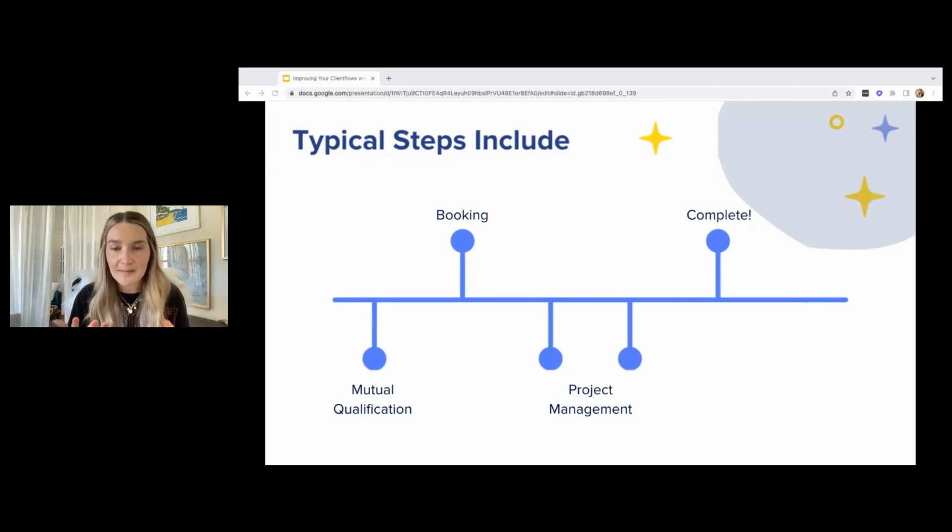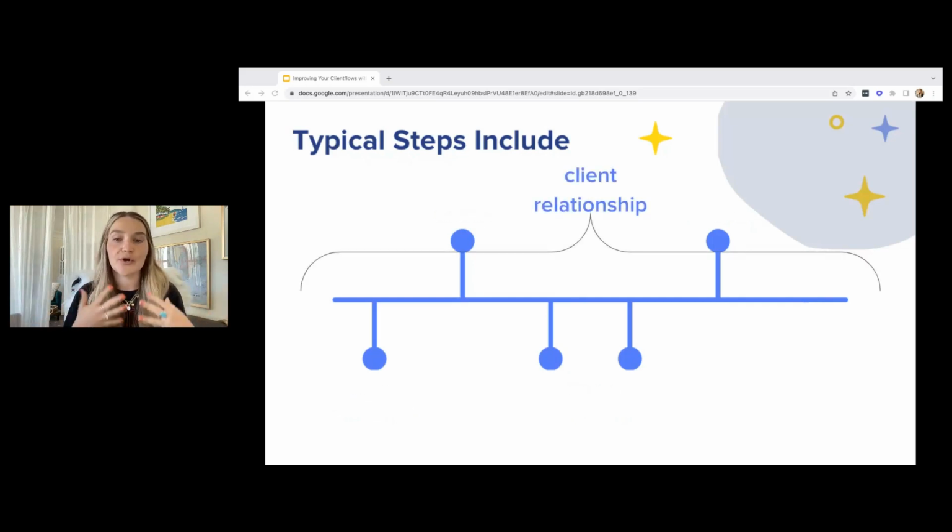These are kind of the common steps that you might be looking at. And all of this is wrapped up to equal your client relationship. Okay, so your client relationship, your client flow, these are all connected in your process. So how do you, again, take ownership in this, and how can you really start to master this process at a level where there's consistency